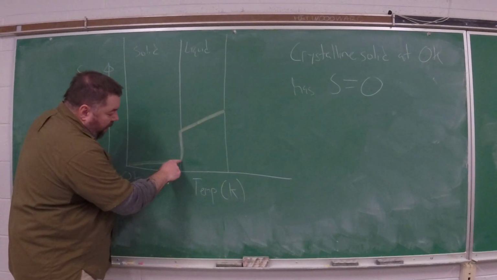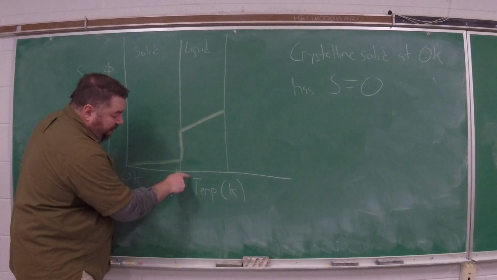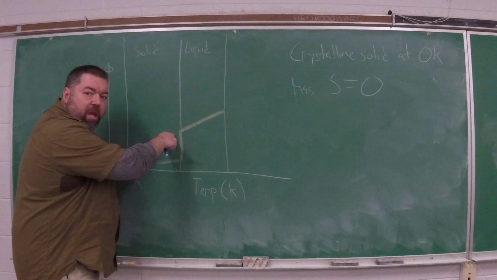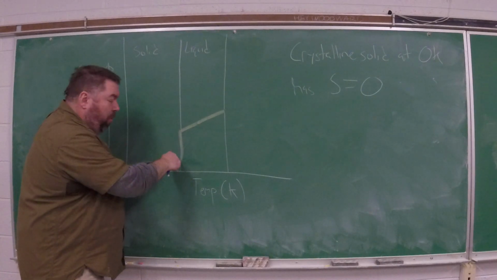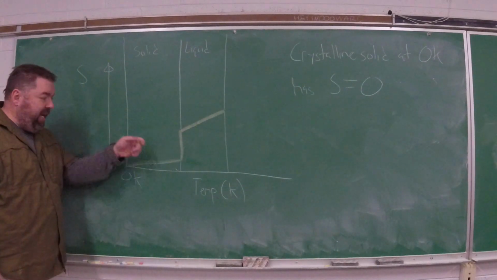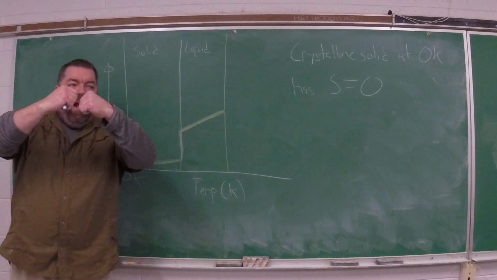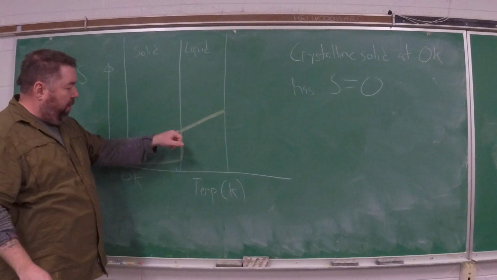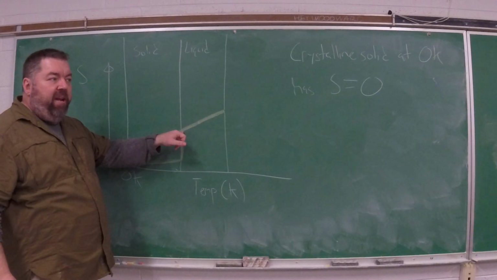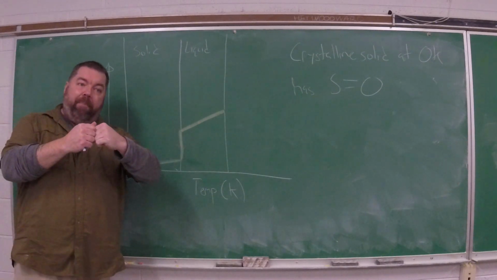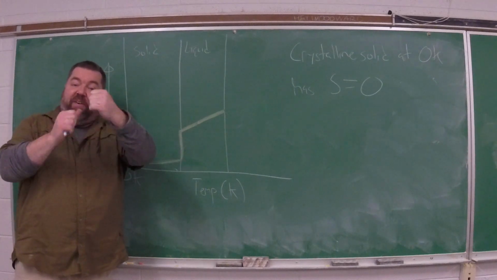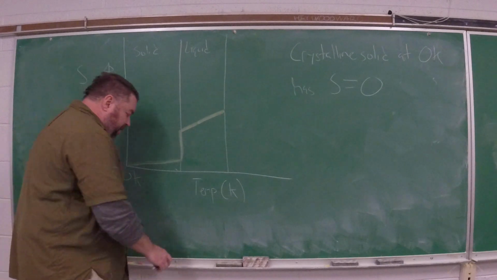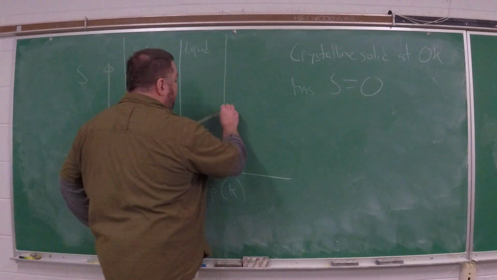So again, here you're going from a solid to a liquid. Your temperature does not increase when you go through a phase change. However, you have more states available, so your entropy is still increasing as you go from a solid to a liquid. Instead of the molecules being held rigidly together, pretty soon they can all move past one another. Now you keep heating the liquid. The molecules are vibrating faster and faster. Again, more states are available. Entropy keeps increasing until you again